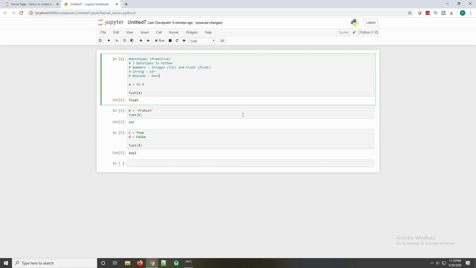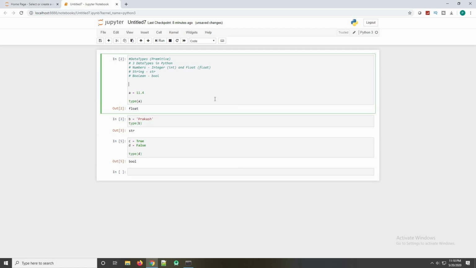And this type is an inbuilt function in Python, which displays the data type assigned to the variable.